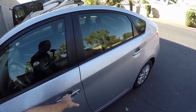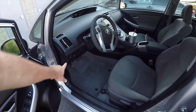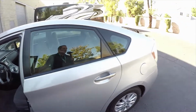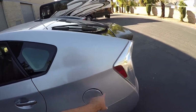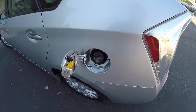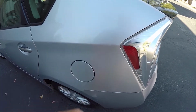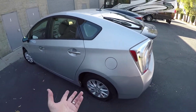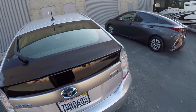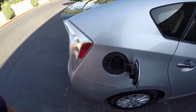So talking about the gas, this car runs on gasoline. You push the button, you open the gas door, you go to the gas station, just like that 1981 Ford Escort that you're driving and you're going to get rid of. You put gasoline in this car. Must have gasoline to drive the car. If there's no gas, it doesn't drive. However, there's another gas door on the other side, but you don't put gas here, you plug